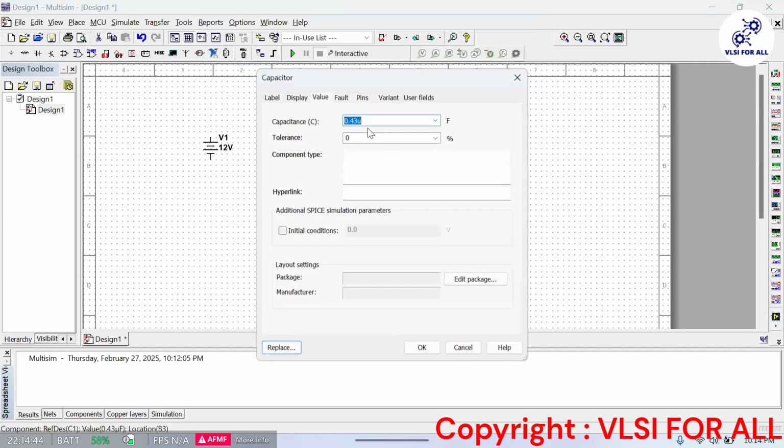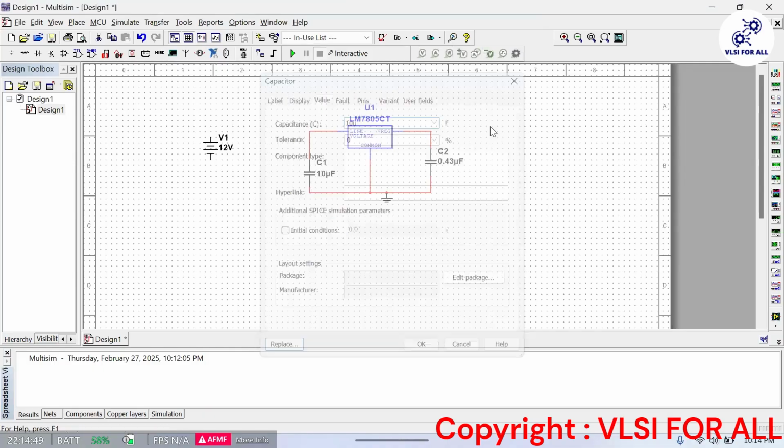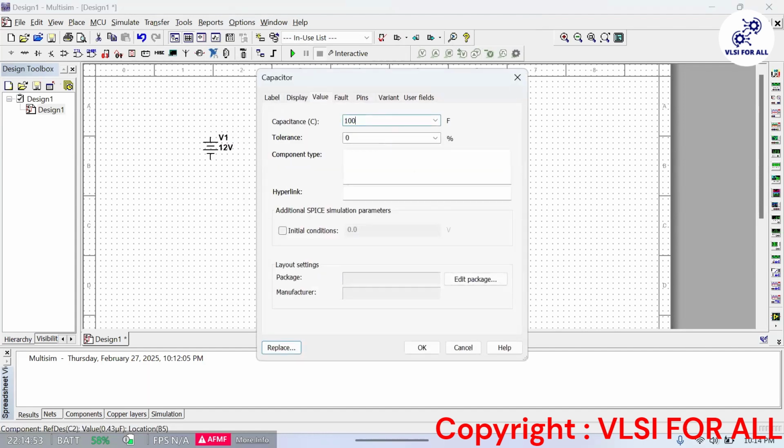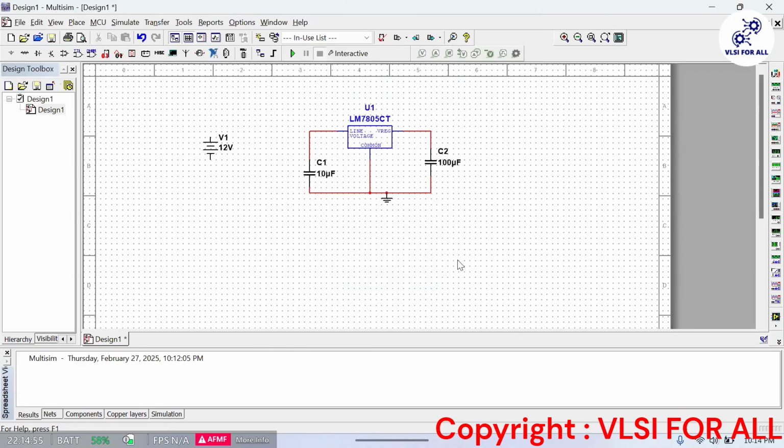Suppose I am taking this one as 10 microfarad, just generic, and 100 microfarad here. And we will take this input plus to here and the minus to this end.